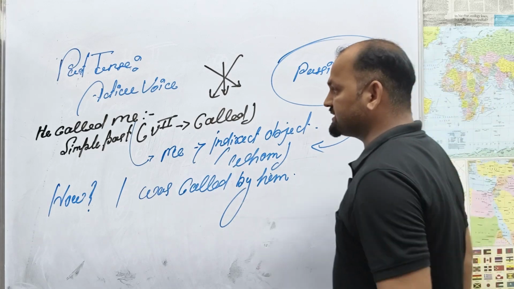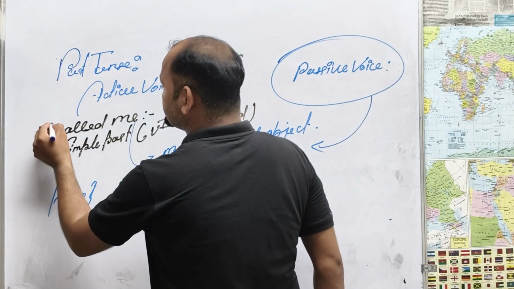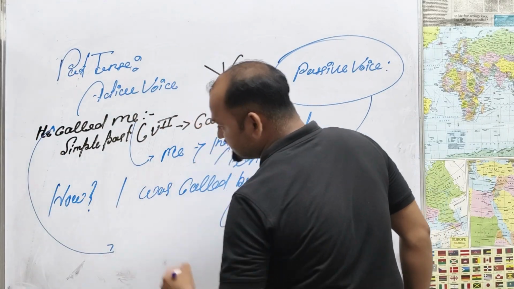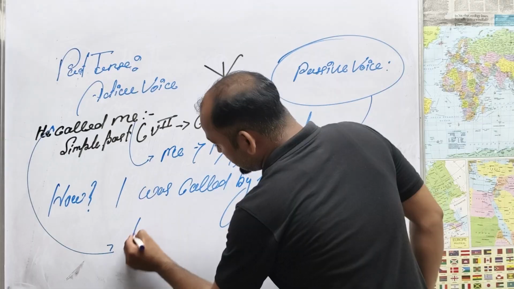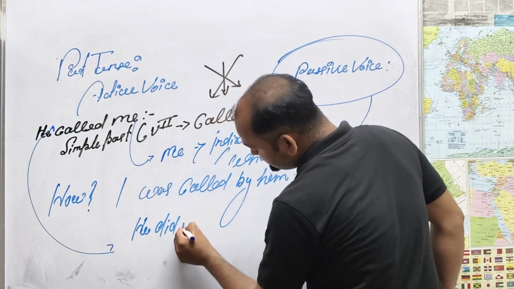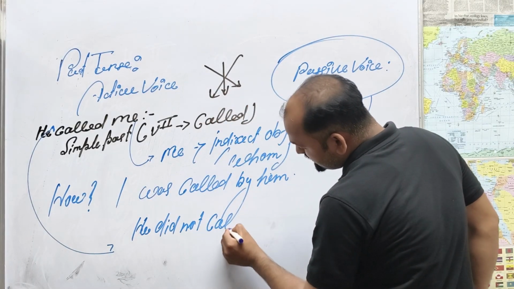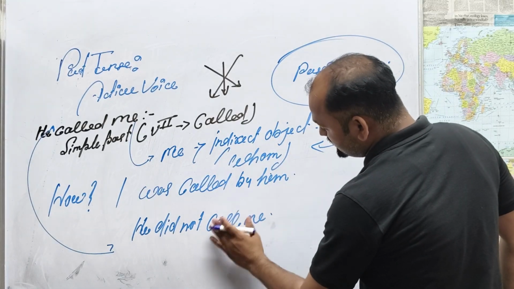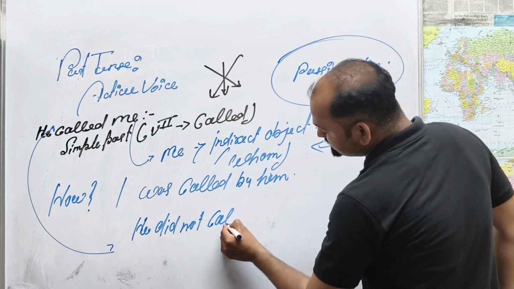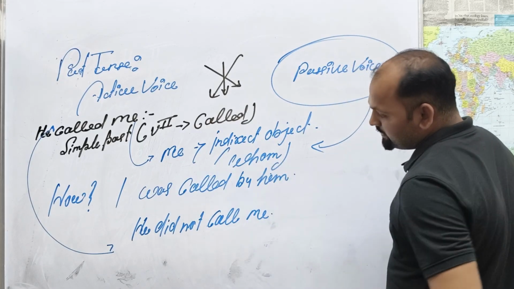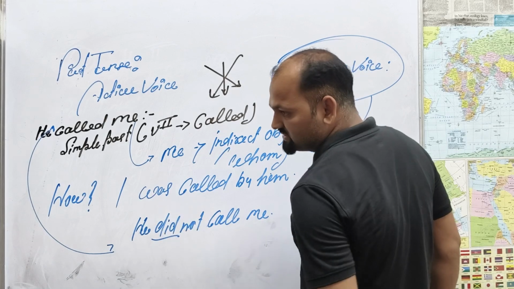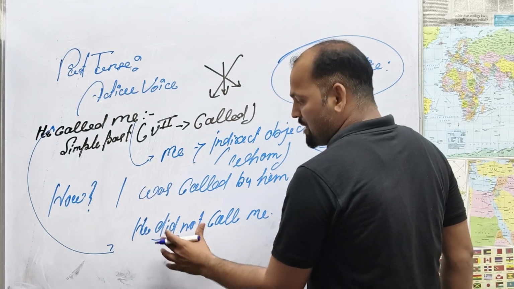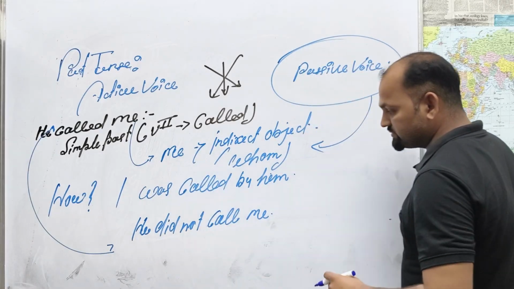Changed. Now let me say, in the sense of negative. So what is the method for negative? If I write the same statement in negative form: he did not call me. It's long for you. Okay, he did not call me. Sir, already there is did, do, did, done. We can say there is the second form of the verb. So we understand there is simple past tense. He did not call me.